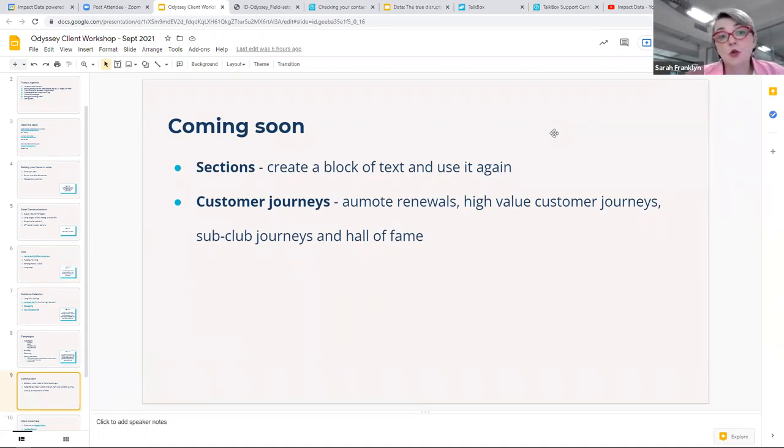The single biggest thing we've released in TalkBox, certainly in my time here, is customer journeys. And this is a visual journey. So it can be things that we're calling it the Hall of Fame journey, which is years of membership and renewals and all of that wrapped up. You can have a sub-club journey. So if you've signed someone up and they're part of the RSL network in your club, you need to tell them about all of the membership benefits that they get as an RSL member. They can go on a welcome journey that's specific to them.